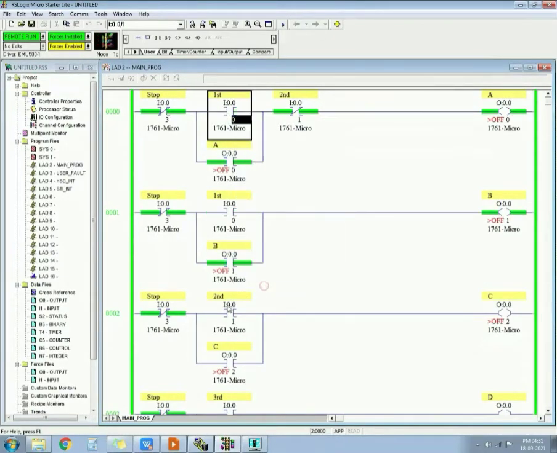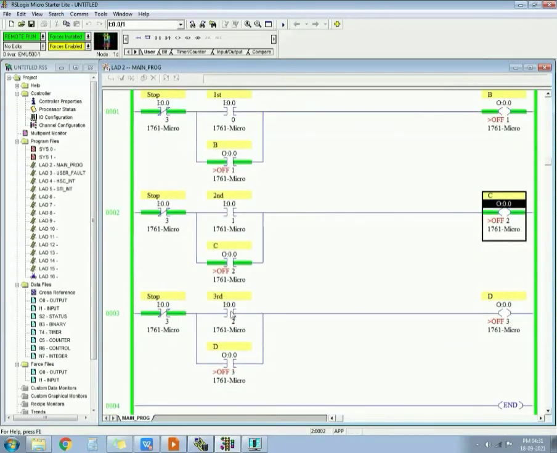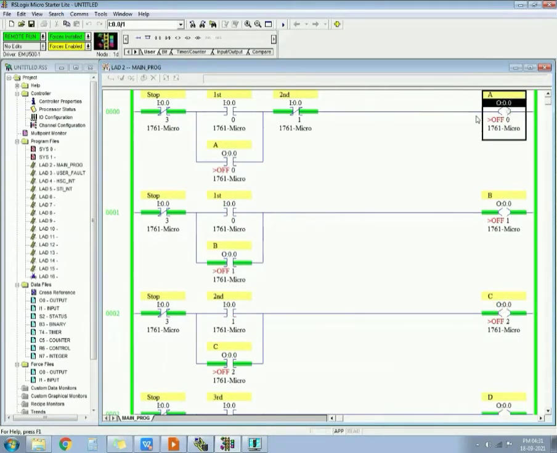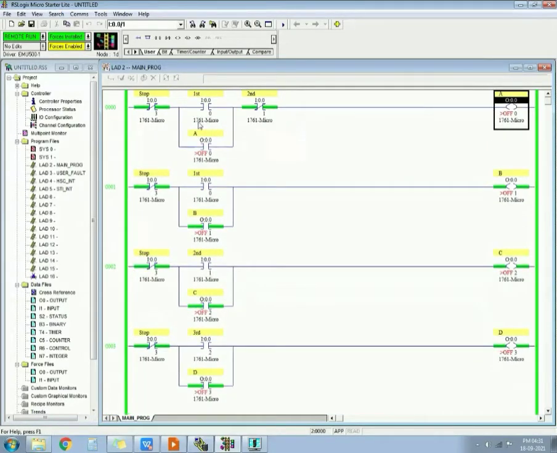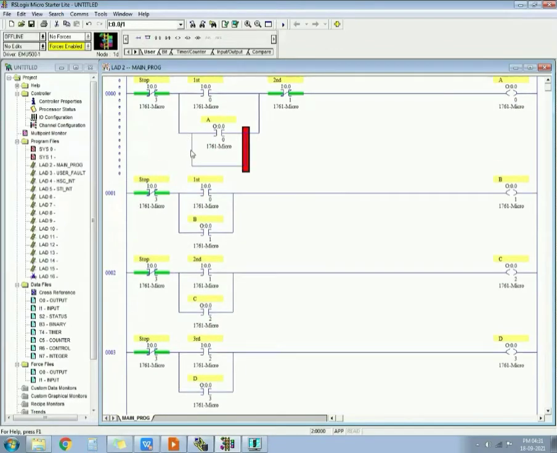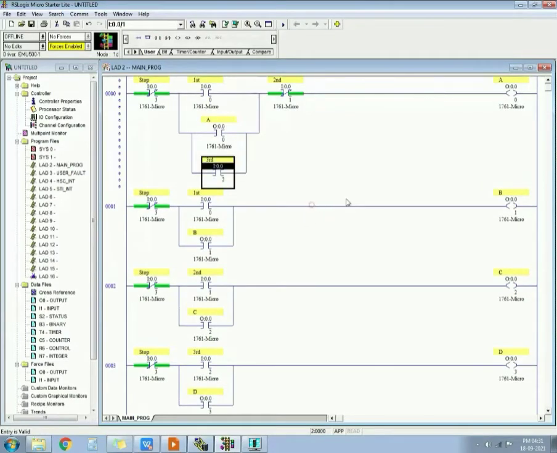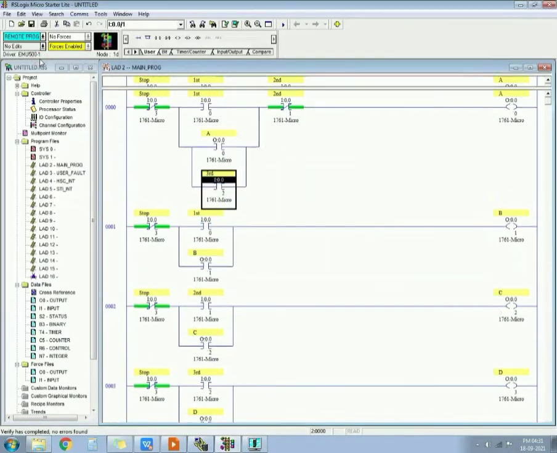See, the first push button pressed, output A gets on, output B gets on. Second push button pressed, you can see output A gets off and output C gets on. Now when you press the third push button, output D gets on. Also output A should again get on. So I have to latch this again with the third push button, because only when the third push button is pressed, output A gets on. So I will take an alternate path over here. Okay, I will take here a normally open I1 column 0.0 slash it is 2. So when I press the third push button, this will get on.